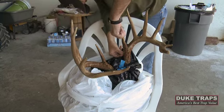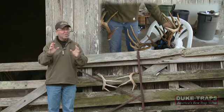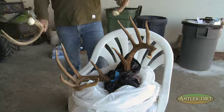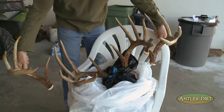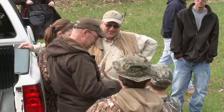But even more, measuring and weighing and learning about Giant 10 after this stark, droughty summer let me know that our habitat work is paying big dividends, and I'm even more excited about the future. When I got Giant 10 in hand and compared him to the sheds we'd found last year during one of our shed hunts,